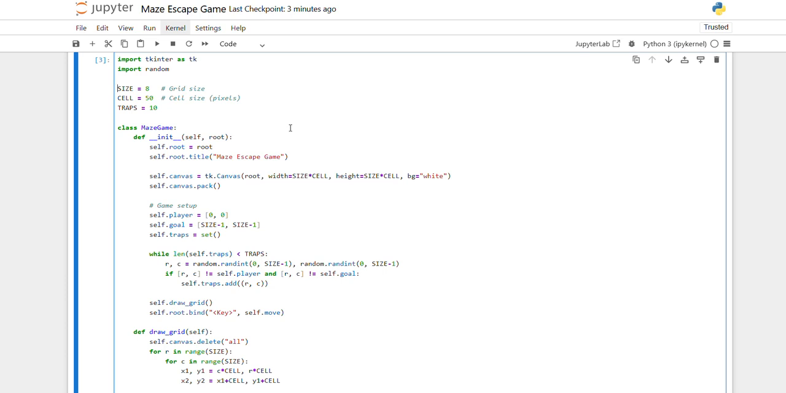Trap sets. There is a set created. What is the role of a set? A set is where unique values are stored. There is a while loop used, and while the set of traps is less than the traps given, 10,